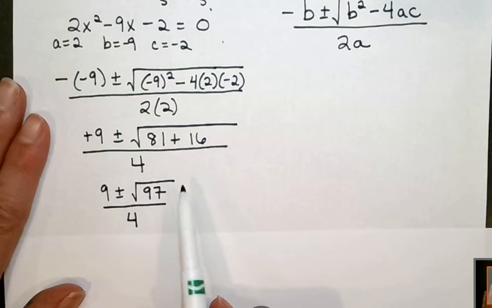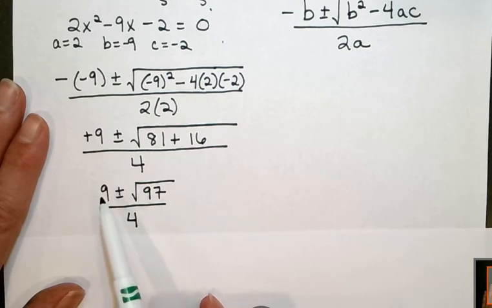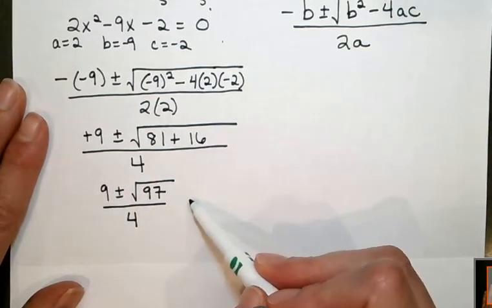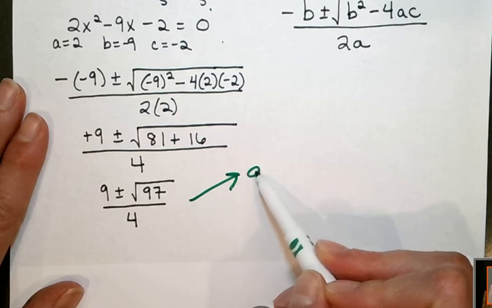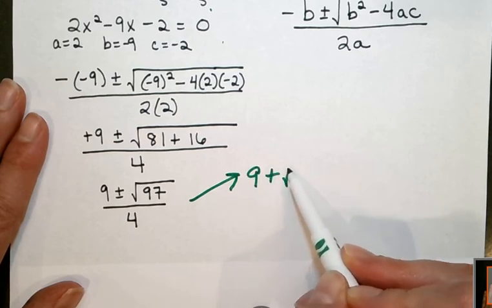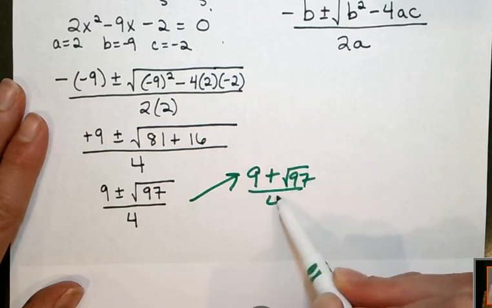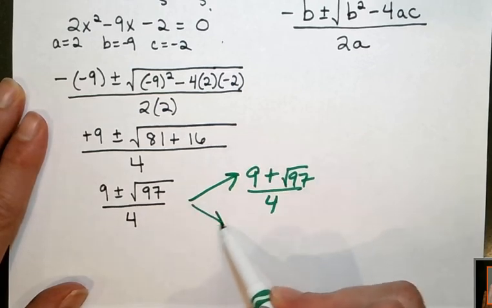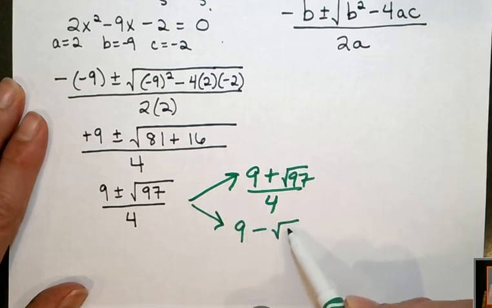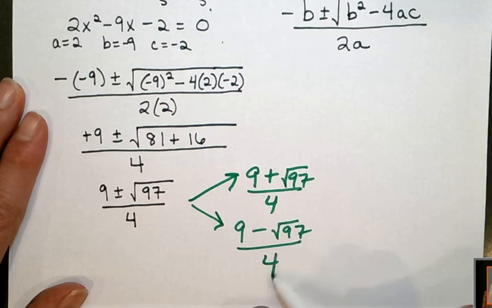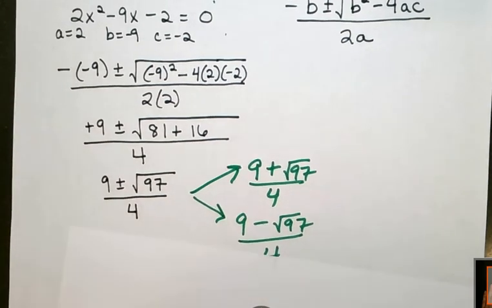And from here, 97 cannot be broken down. It's not divisible by a perfect square. And 9 divided by 4, I guess I could reduce that, but no, I can't, because that's not even. So this is as simplified as it can be. So if we wanted to write this as 2 separate answers, this would be 9 plus the square root of 97 over 4. And then 9 minus the square root of 97 over 4. Okay, so to review,